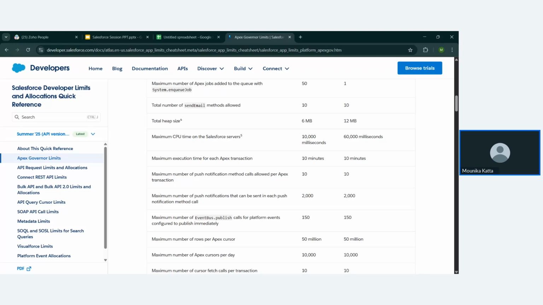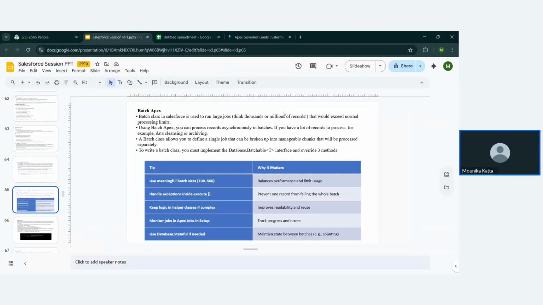So that is about exceeding governor limits. So without exceeding normal processing limits. What is normal processing limits? For synchronous, it is 10 seconds. And for asynchronous, it is 60 seconds. So without exceeding this normal 60 seconds of CPU time,